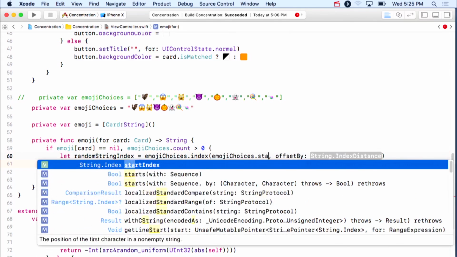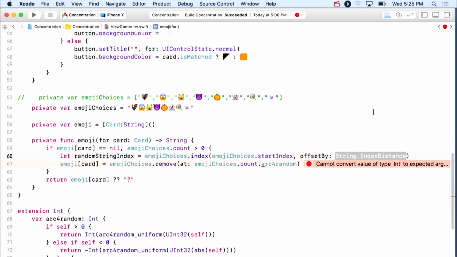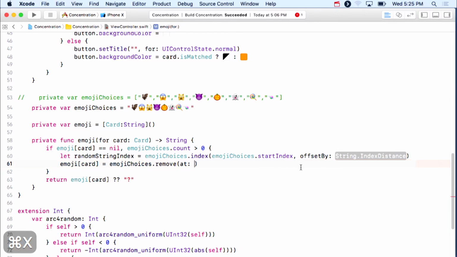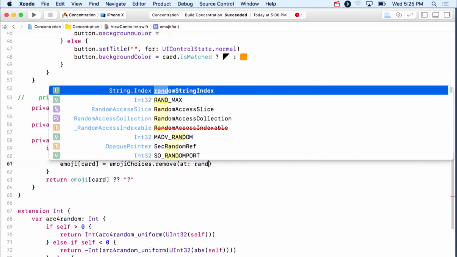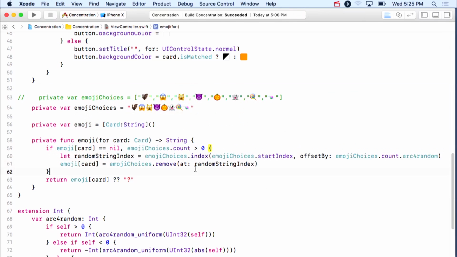So emojiChoices.startIndex. And I'm going to offset by a random Int. So that offset can be by an Int. That happens to be because this particular collection's stride, or the distance between indexes, is an Int, even though the indexes themselves are String.Index. So I do that. So now I'm going to put randomStringIndex in here, and all should be well,